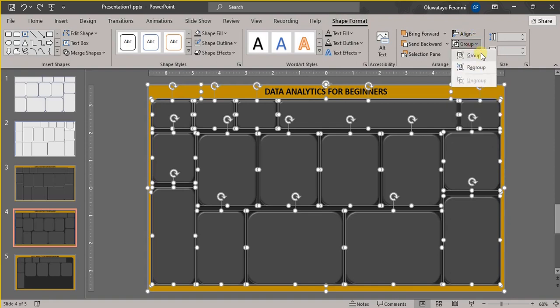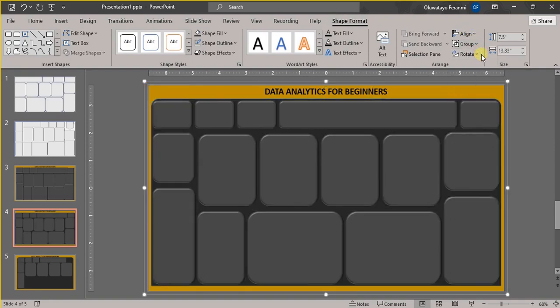You group them. What grouping does is that now that you group them, they have become one, so to say. You can copy now and paste. Unlike if we did not group and we copy and paste, everything will just paste one by one on Excel. But now that we group them, yes, we can now paste it together and copy it together,